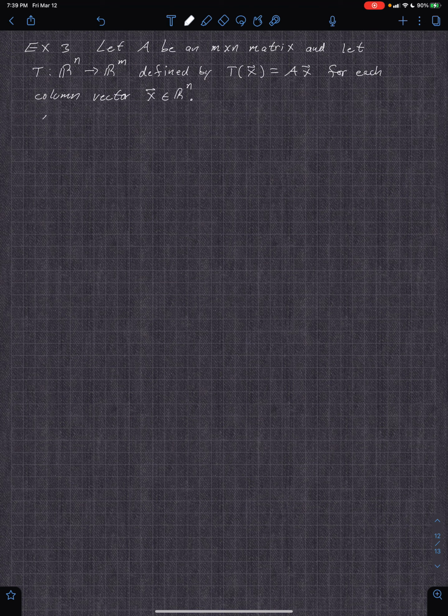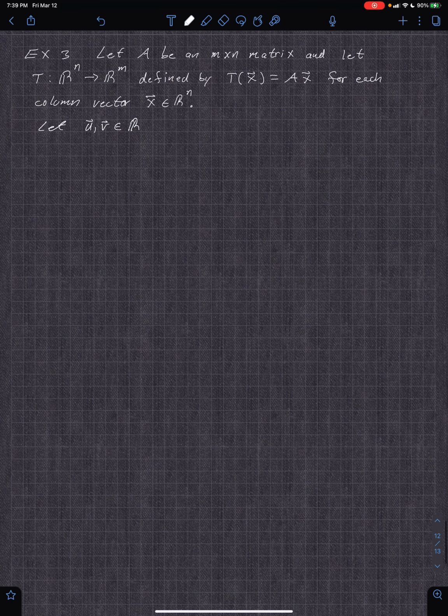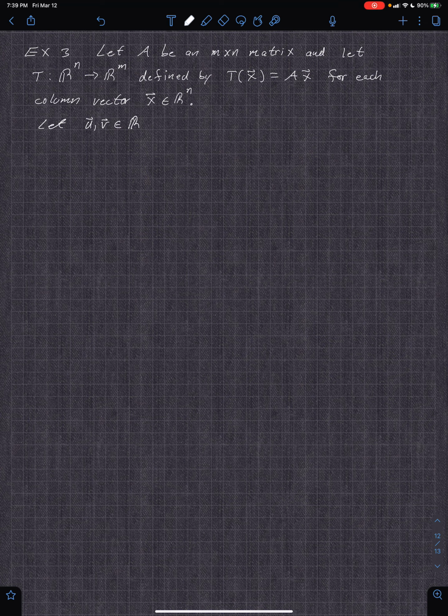So let's just pick U and V. Pick U and V, and these are appropriate size vectors. These will be column vectors in Rn. You don't really have to worry if they're column or row vectors. It's just notation basically. Okay, so let those be in Rn. So now you can show